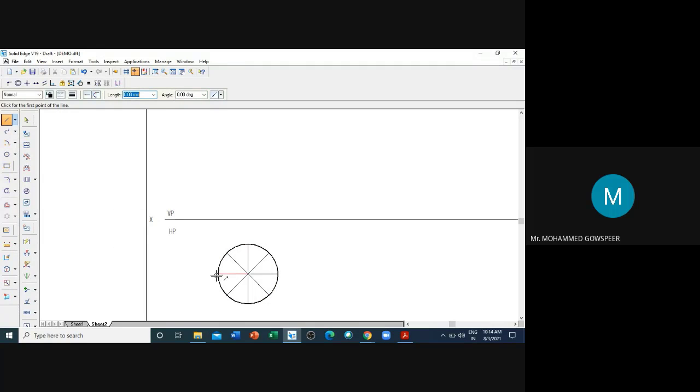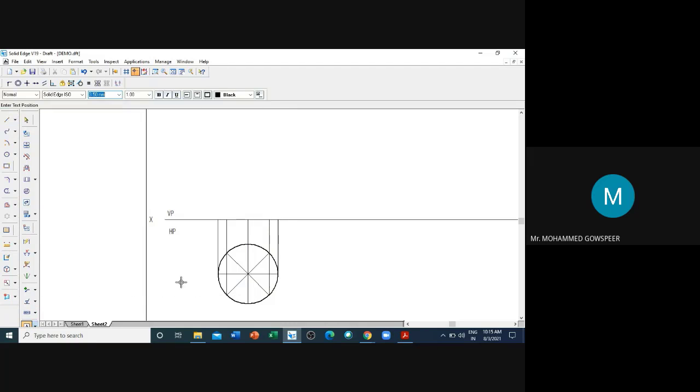Okay, first I will draw the projectors, vertical projectors. You can name the points immediately after doing the partition.